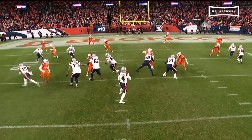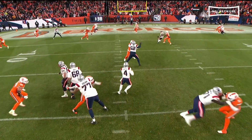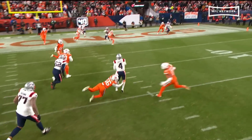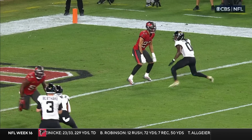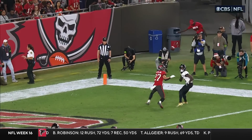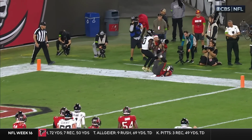Being smart with the football, and Hunter Henry has been their main guy down in the red zone. He's out. Let's go find your other tight end. Great throw over the top. Good timing on the back shoulder throw. Really working his way to...